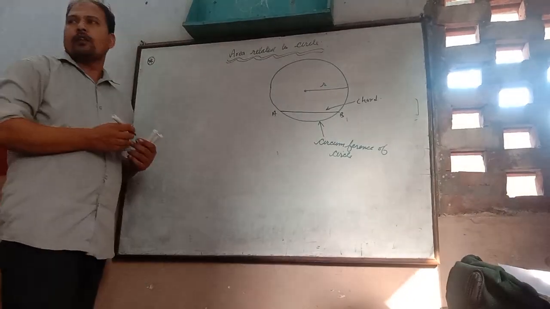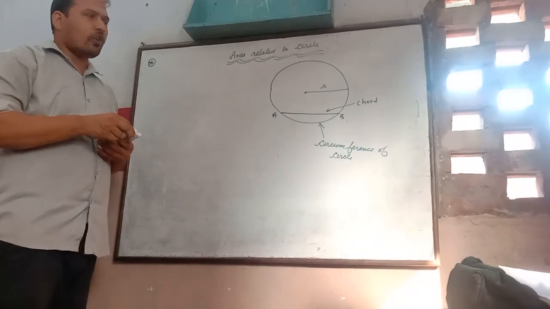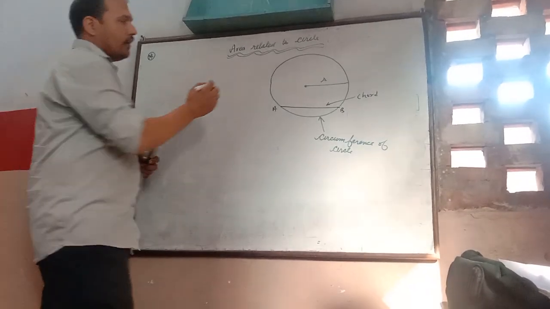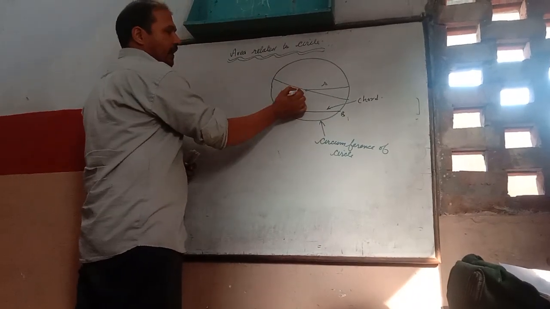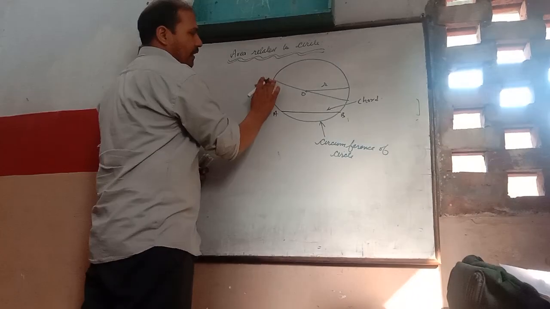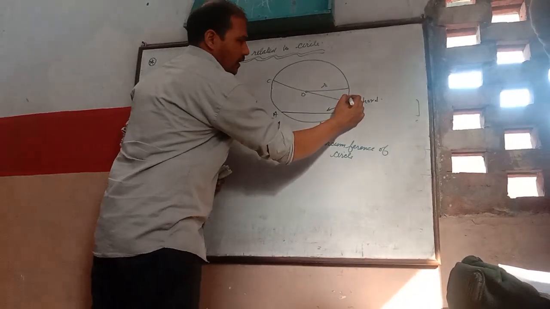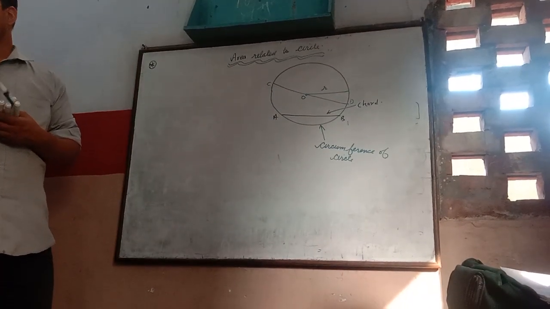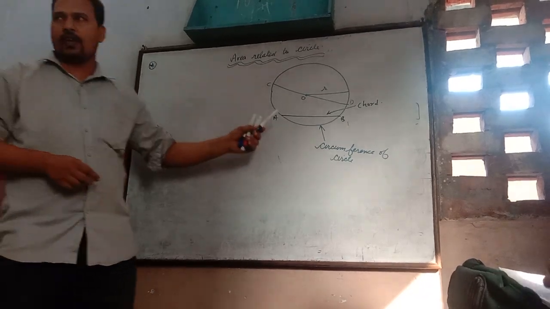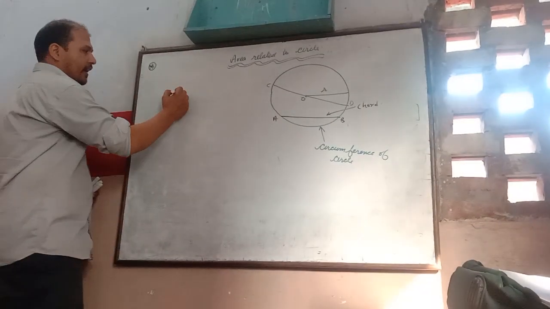ओके, क्लियर. एंड लॉन्गेस्ट कोड, when a chord passes through the center, then that is called diameter of the circle, longest chord. Okay, clear. Next,